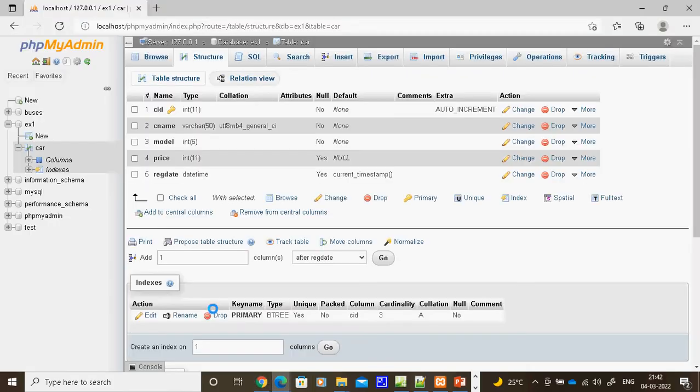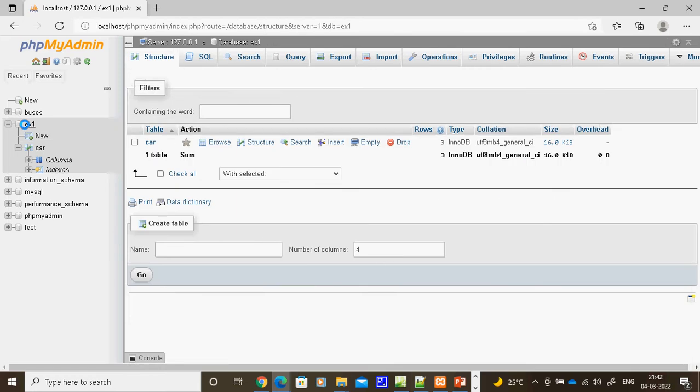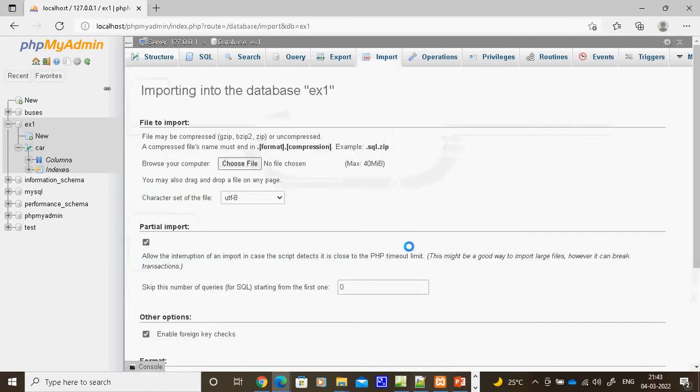Here you can see import. Click the database first, then import. Import all 4 files one by one. You see, importing into database ex1. Like that I imported and created the car structure. This is a separate file I gave, on how to import and all. That is separate. Again, I am telling you that the core of this tutorial is